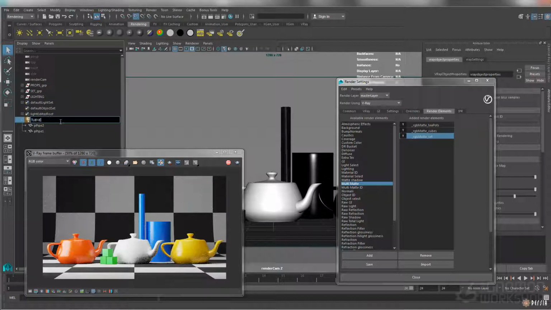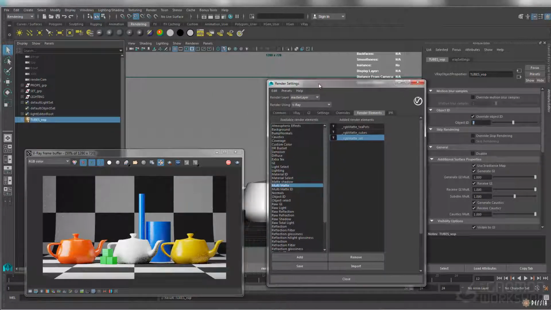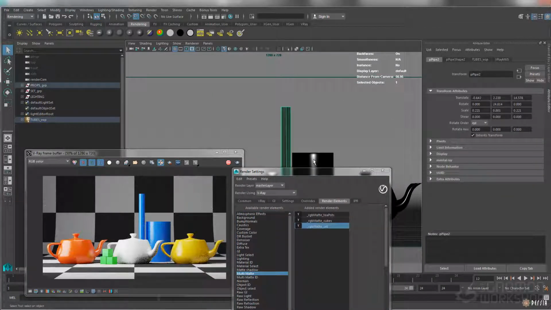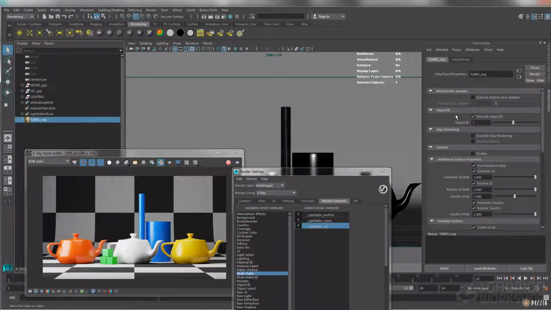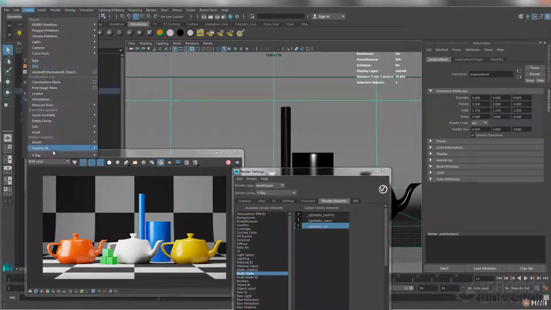What we'll do is call this tubes underscore pop, standing for V-Ray object properties. And then we're going to talk about the V-Ray object properties again in a later lesson when we start talking about render layers, but just to touch up on the object ID part of it, if we enable this object ID and we give it an ID right there, what this is telling V-Ray is, if this has any kind of object IDs on the object or the transform, ignore them and respect the object ID that we see here. So override object ID, leave to 7, and then if we select our set,